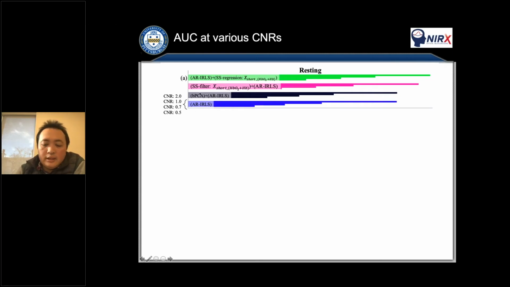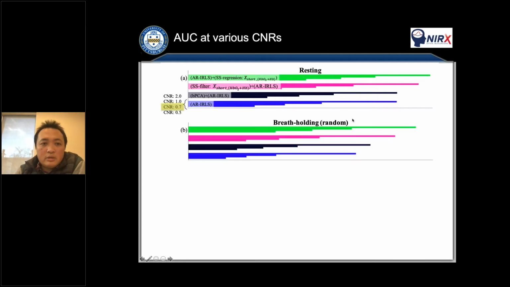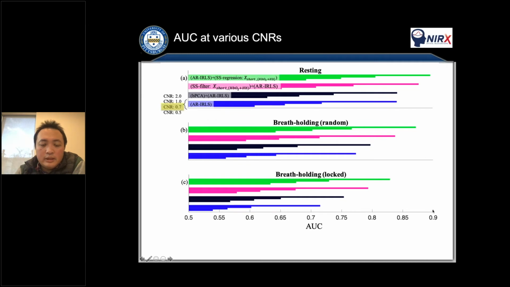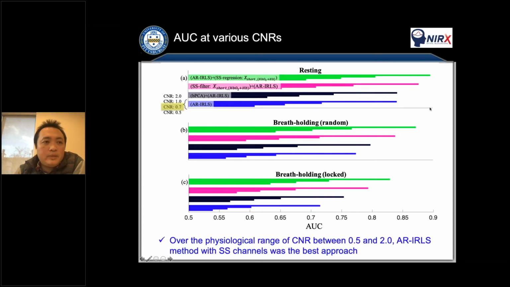So you can see this is for 0.7. Autoregressive with short separation regression is still the good one, but it seems like beyond 2, this is the AUC, it will be saturated, AUC equal to 1. So the conclusion for this one is over the physiological range of between 0.5 and 2, autoregressive with the short separation channel was the best approach.